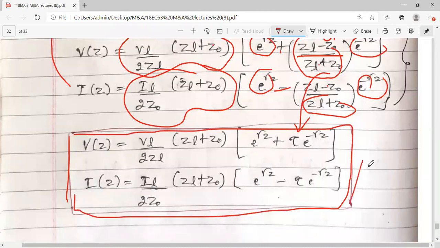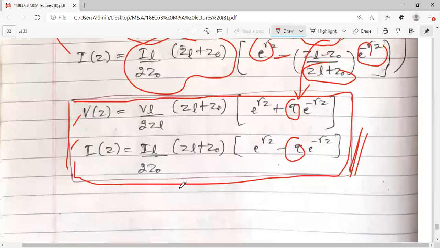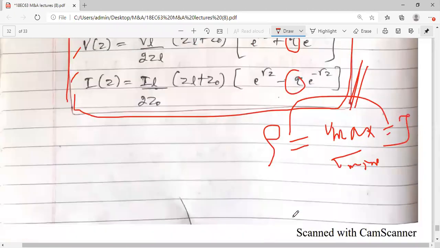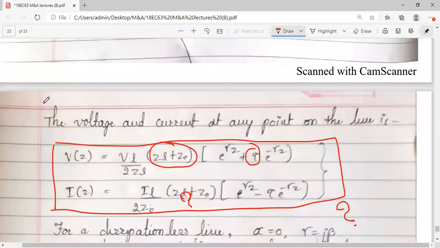Because if you see, this transmission line equation for V and I has a tau term here. By making use of this, we will try to find V max and V min, I max or I min, so that rho equals, we can get something. Rho is the ratio of maximum by minimum, either voltage or current. By making use of this, we can develop a relationship between rho and tau. That's why when we started, the actual derivation starts with this.